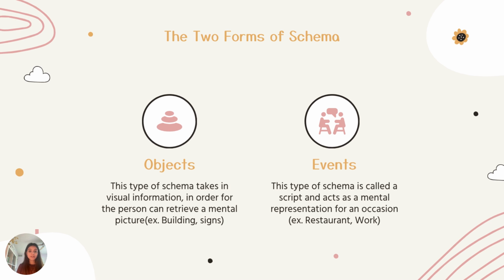So, this can help put in the mental picture of a schema. And so, the first one is objects. So this would be like a dog, a building, a stop sign, and things that make up the event schema, which we're going to be talking about in a little bit. So this type of schema takes in visual information, which is what both are, but these are quite smaller than the event schema. And so in order for that person to retrieve a mental picture, so if I say picture